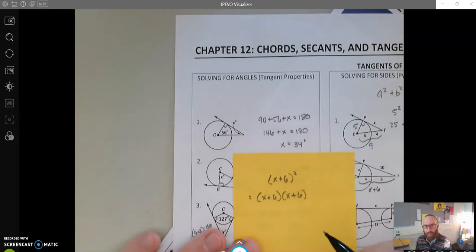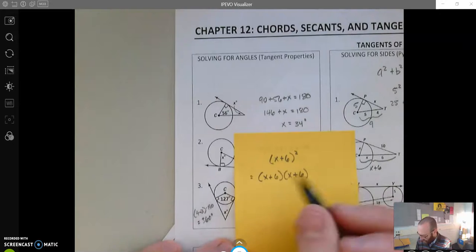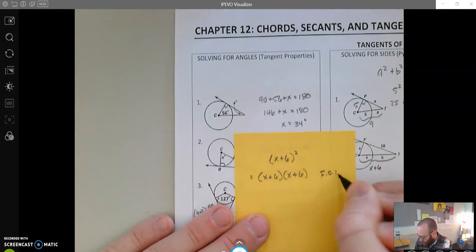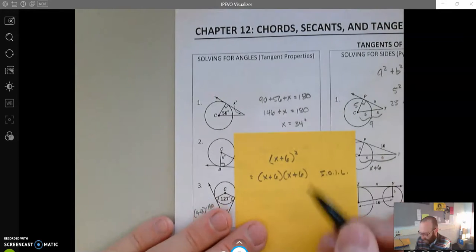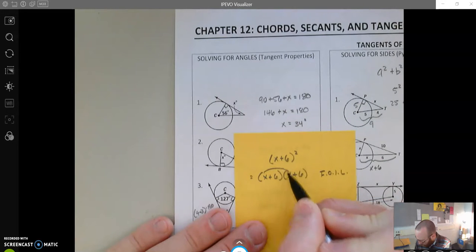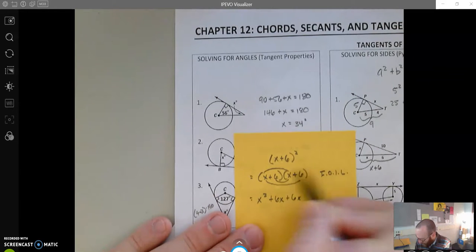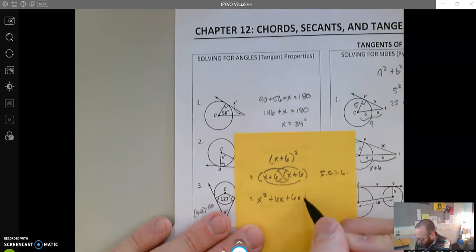Squaring means times itself. Okay. When we did that, we had a process that we called FOIL. Okay. So we did first times first, x squared, outside was 6x, inside was 6x, and last, 6 times